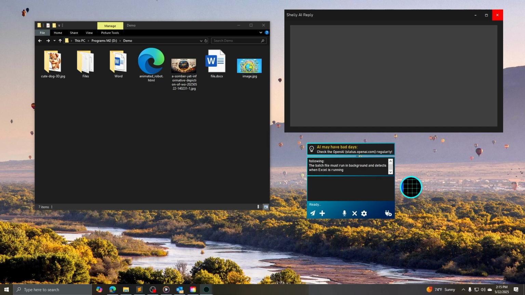Okay, let's say on my computer. Okay, to be more clear. Once Excel is detected to run, using Outlook,